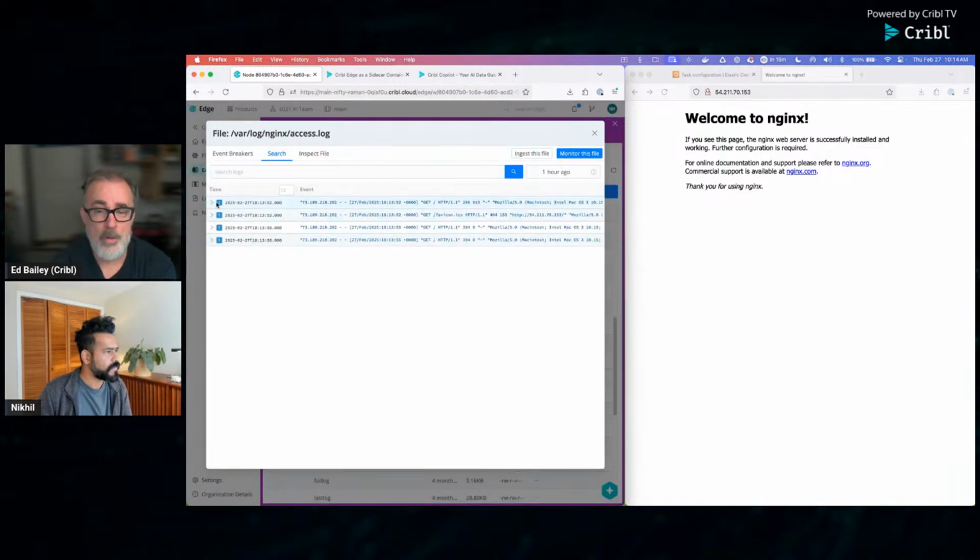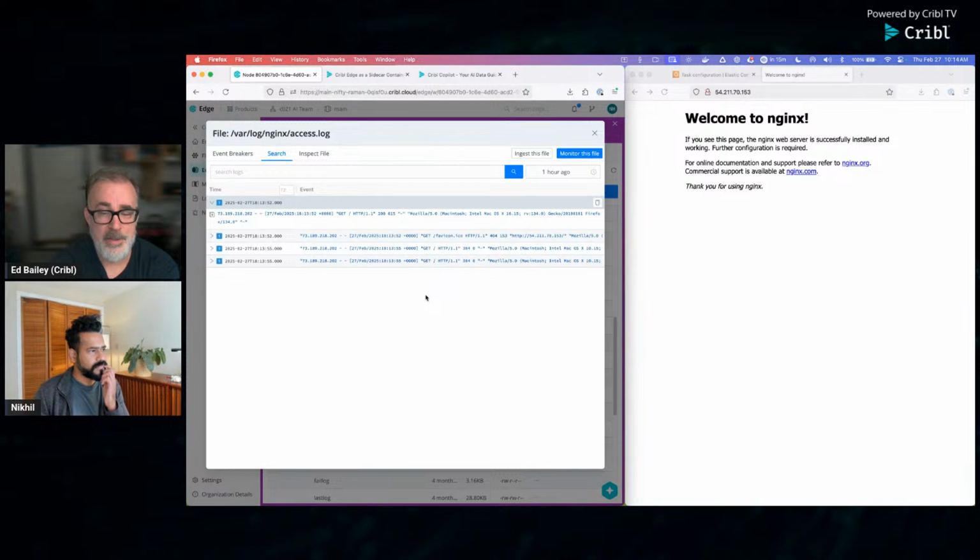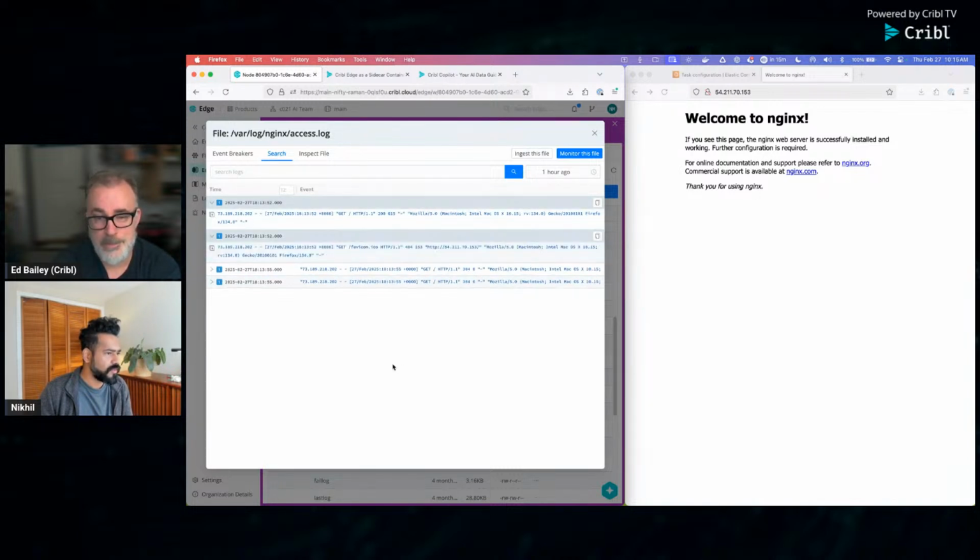Exactly. So for my brethren who sometimes have to leave files out on the file system and just need a one-time collection, you see you have an option to monitor the file or ingest the file. So if you have some random file sitting on your file system and you need to ingest it once, there you go. It's super powerful. Well, in this case, we just want to monitor this file